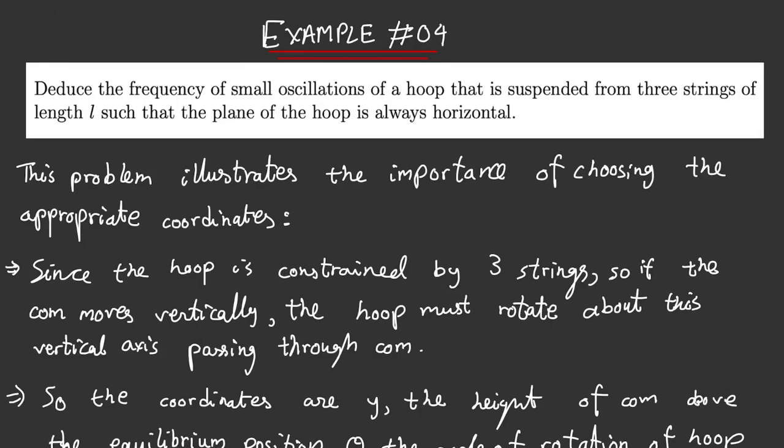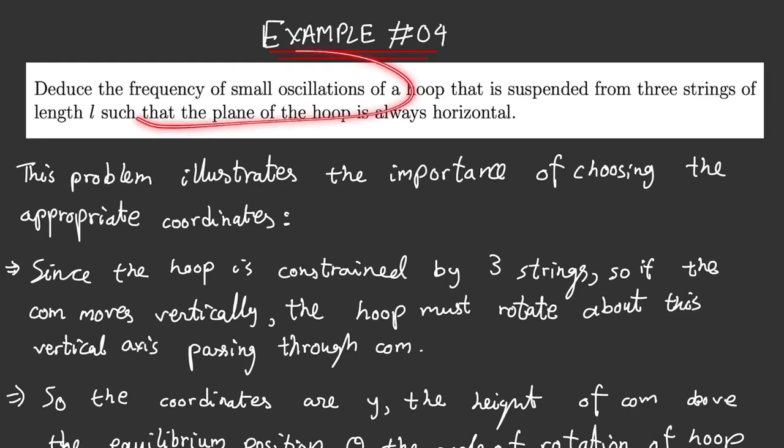So the previous examples illustrated how to use the Lagrangian. There were some basic examples. Now this example that I'm going to be taking focuses on selection of variables. If you select a wrong variable, it will become a little harder to solve, and you might even get a wrong answer. So let's see what the problem is all about.